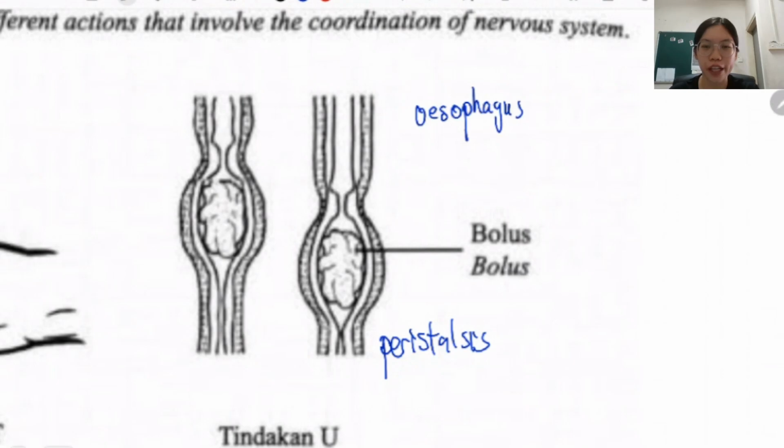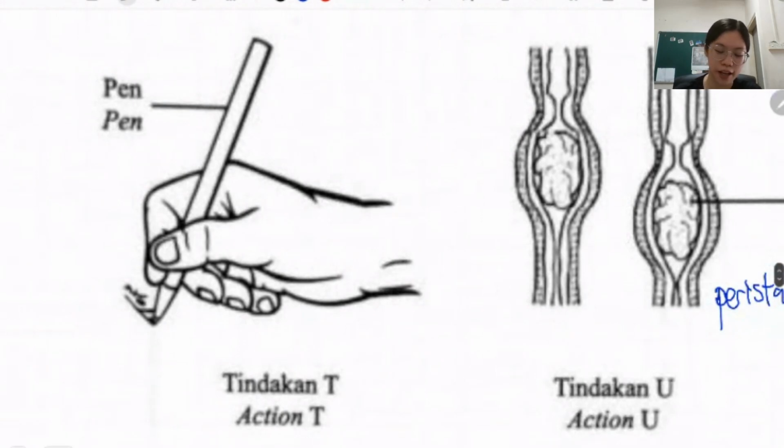So once you eat your food, the food forms a bolus. Then it will go down to your stomach, passing through the esophagus. In order for it to go down, there will be an action performed by your smooth muscle. Normally an action performed by smooth muscle is an involuntary action. What is this involuntary action called? Peristalsis. This one is writing, and the muscle involved is skeletal muscle, since this one is a voluntary